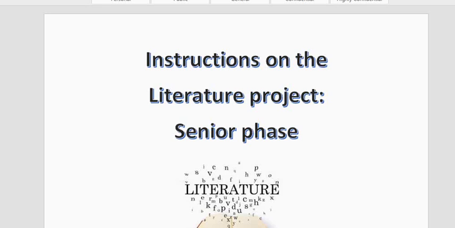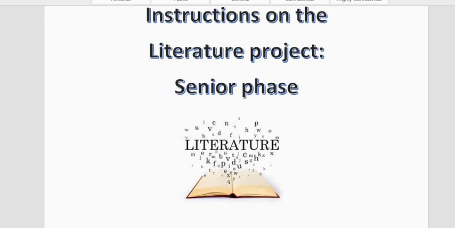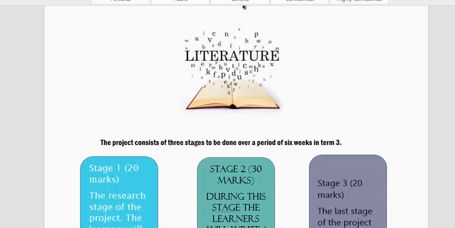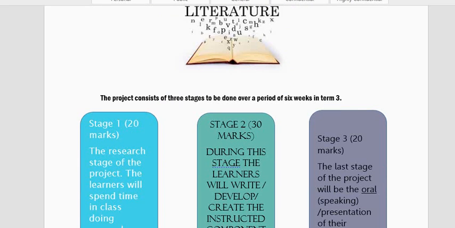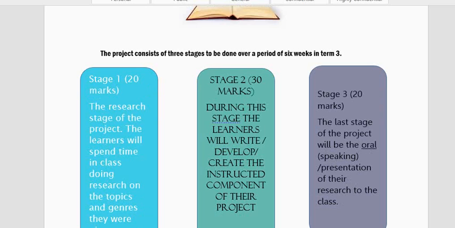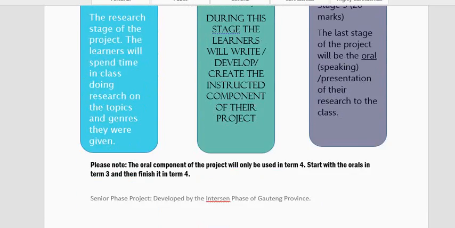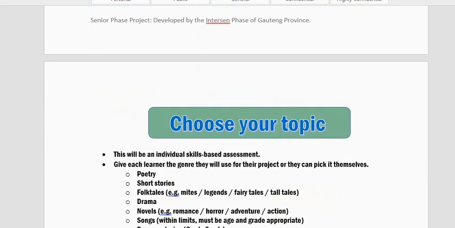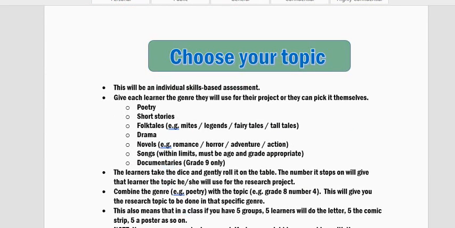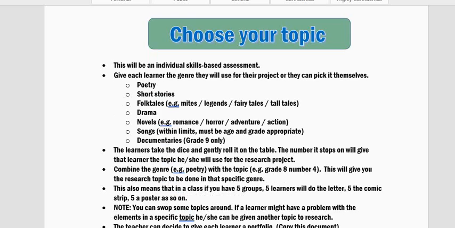In the Google Drive folder that will be available to you with all the documentation inside it, you will find the instructional page. It's available in Afrikaans and in English. It gives instructions on how to run this project. It's a brief reminder of the project that consists of 3 stages, which I'm not going to read to you because we've done it already. And then information on how to run this project.